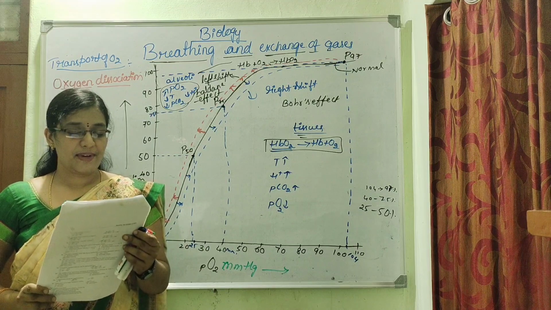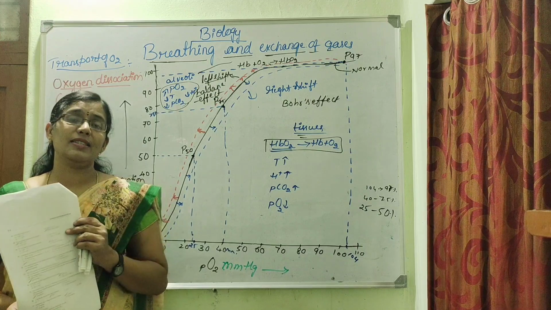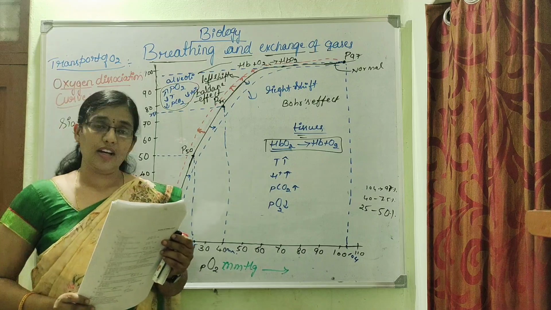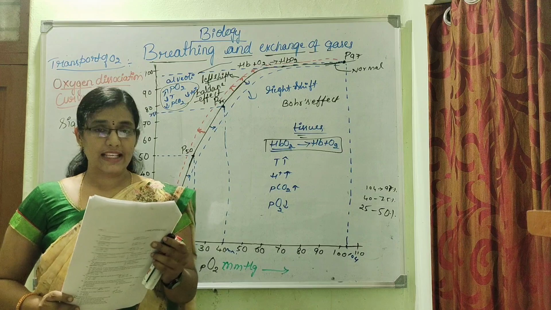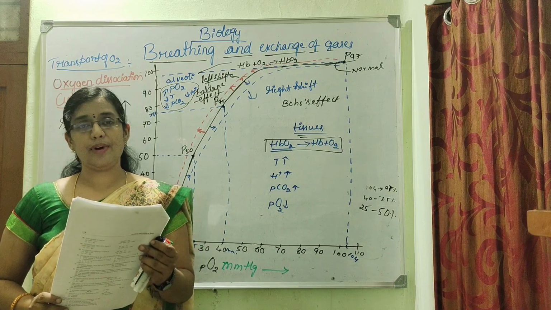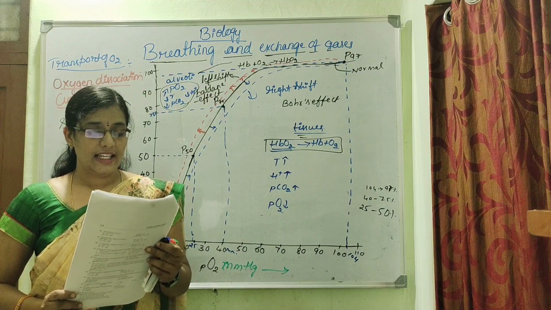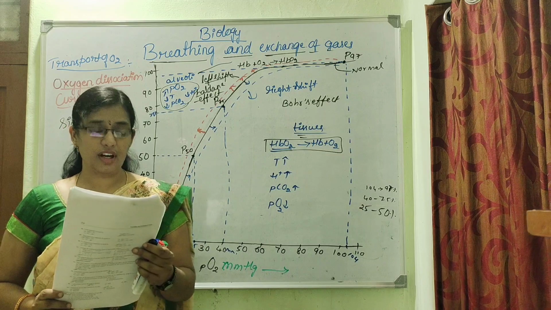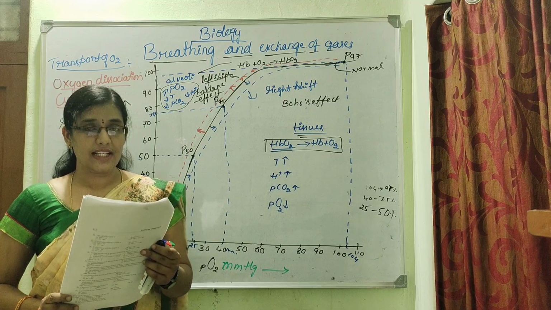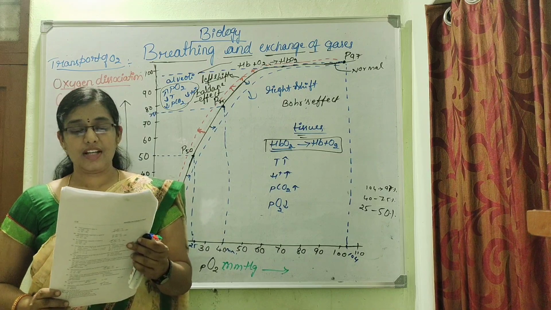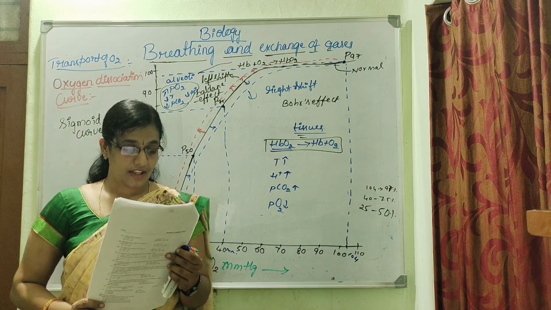Next question. The respiratory diffusion membrane is majorly made up of dash layers. Our respiratory membrane is made up of how many layers? Option A 2, B 3, C 4, D 5. It is made up of 3 layers, option B. The solubility of carbon dioxide is dash times higher than that of oxygen. Option A 10 to 15, B 20 to 25, C 30 to 35 times, D 210 times. It is 20 to 25 times, option B.